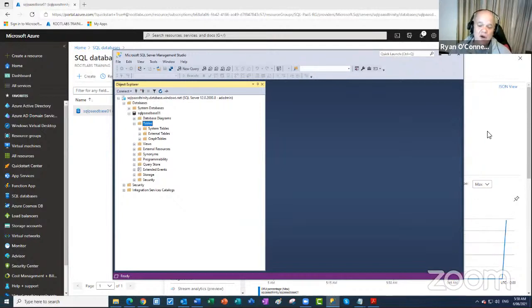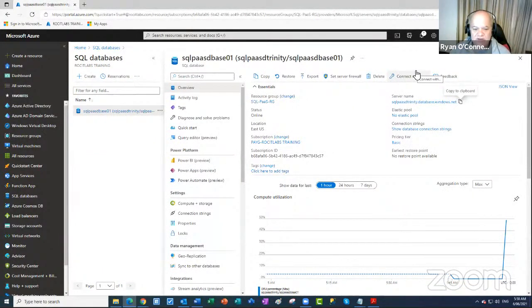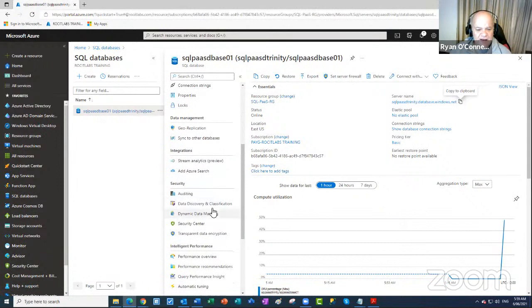So now, hopefully in this lab, you would have learned how to deploy an SQL platform as a service database in a very, very short time. So to clean up our lab behind us so that we're not being charged for things, I'll show you how to do that. But again, with our databases, you can go ahead and use Power BI, which gives you a nice graphical tool to chart out your database resources. Again, you can go down here and start doing a whole lot of auditing on your databases. You can do